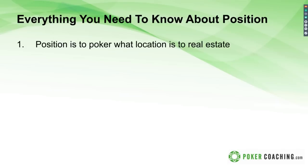If you want to take a sports metaphor, for example, instead of a real estate example, playing in position is like having an extra man on the court. It's like playing 5-on-4 in basketball, or 5-on-4 in hockey, or 12-on-11 in football, or 11-on-10, depending on which country you're playing football in. Or, if you're playing international soccer, 12-on-11. Playing out of position, on the other hand, is like being on the penalty kill, or having one of your players gotten a red card, or in the case of baseball, having 2 outfielders there instead of 3. It's not a guaranteed recipe for failure, but it makes for a much harder time to win the game and